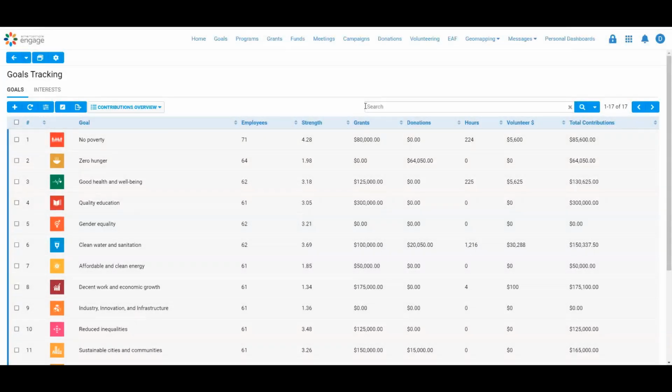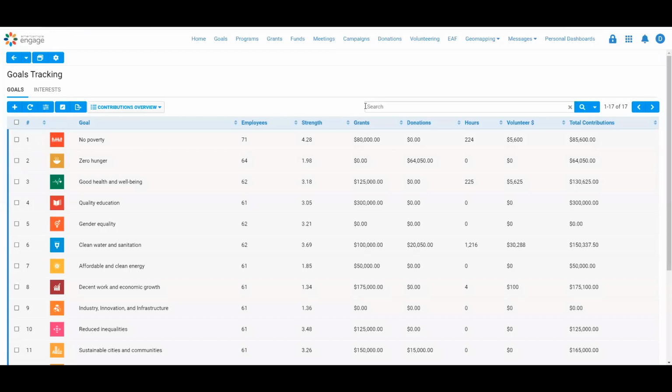So today we're going to talk about Smart Simple's Platform 3 Engage solution and the goals tracking component and module that we've constructed within Engage so that you can track your activities and contributions across the United Nations Sustainable Development Goals, or SDGs. The goals tracking structure within the Smart Simple Platform 3 allows you to take any of your activities, whether that may be grant making, business contributions, charitable contributions, volunteering, donations, regardless of what that component may be,